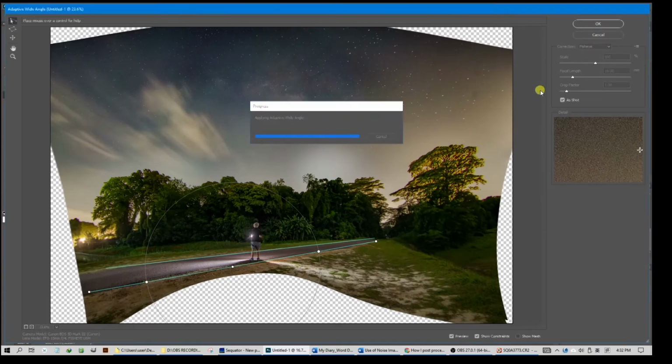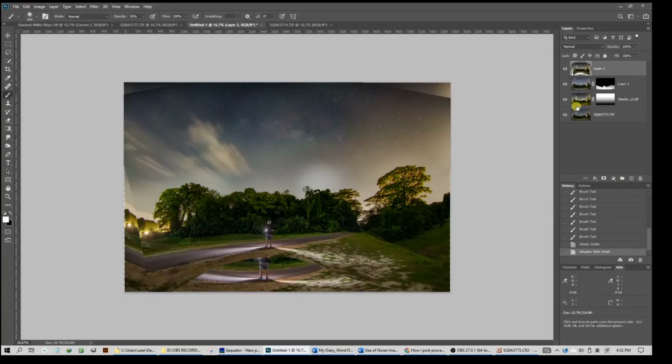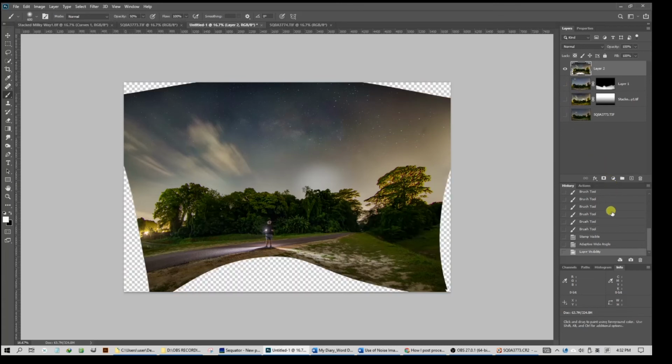Your result is something like this, okay? If you turn off the bottom three layers, turn off the eye so you can see the top layer only. You see some empty spaces now, because of the correction, which have got to be cropped away. So go to the crop tool,